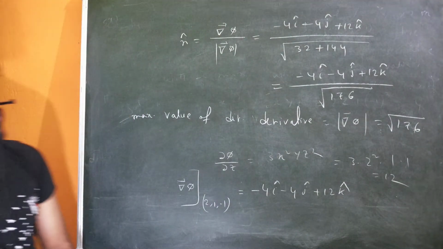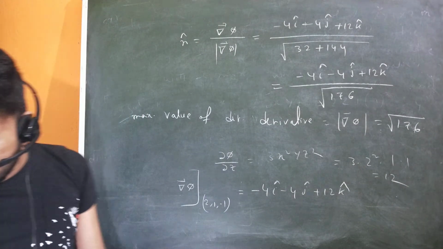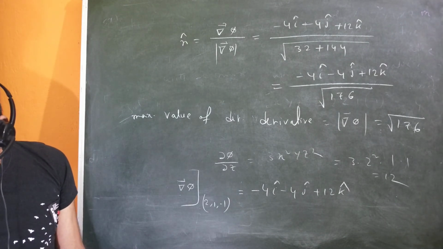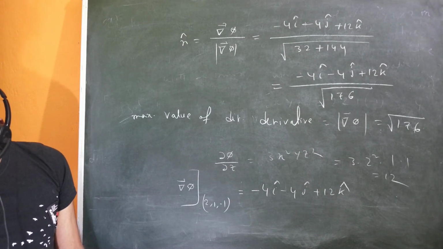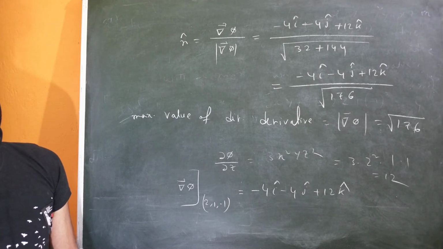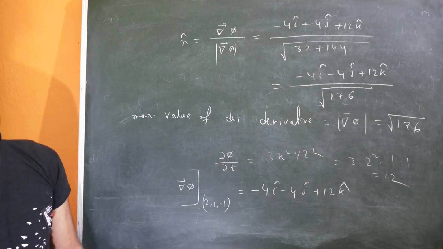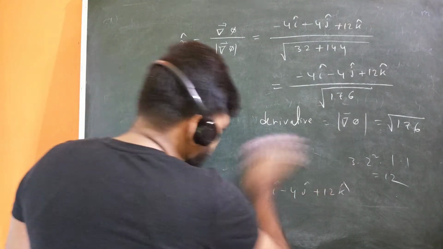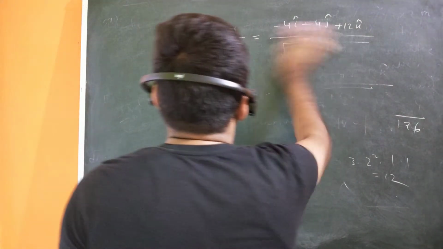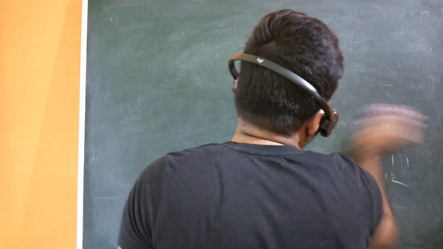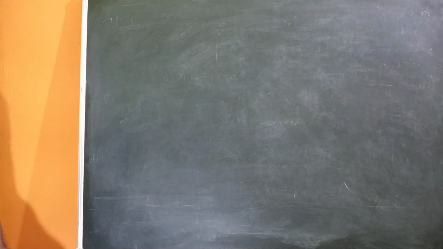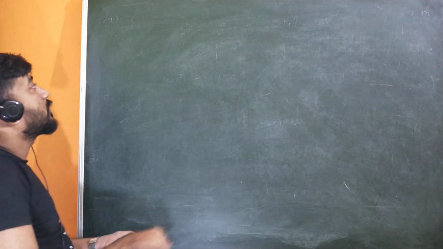So this is how you can solve the problem by using grad phi, sometimes by using the properties of directional derivative. Okay, so let me give you another problem. This problem was from the second property, and I can give you another problem from the first property, that is, the direction of grad phi. So the problem given here is: find a unit vector.